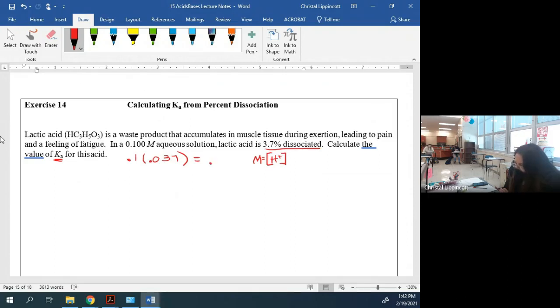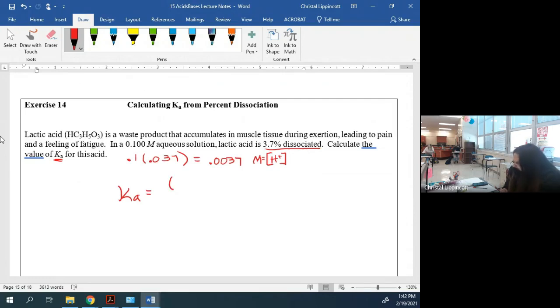So I end up with 0.0037 there. Yes? Okay. So then if I set up and I solve for Ka, Ka is going to equal, well,